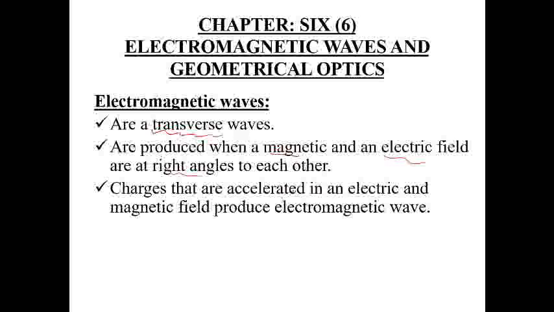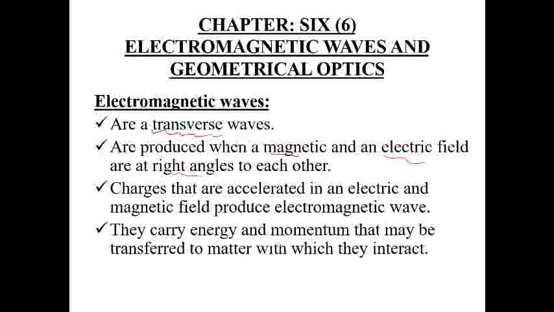Charges that accelerate produce electric and magnetic fields in electromagnetic waves, and they also carry energy and momentum that may be transferred to matter with which they interact. Therefore, these electromagnetic waves carry energy as well as momentum,